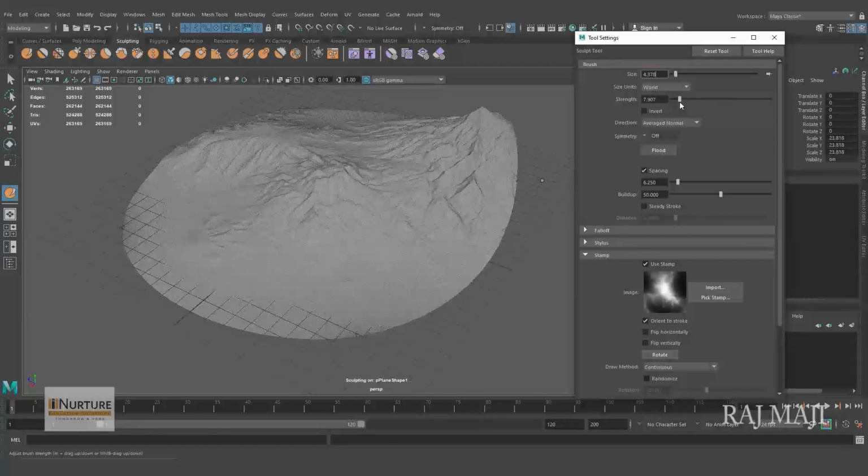It is working relatively, the strength and the size of the brush. Okay, so if we are reducing the brush size, make sure you are reducing the strength also a little bit.